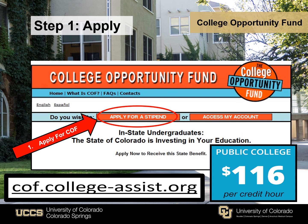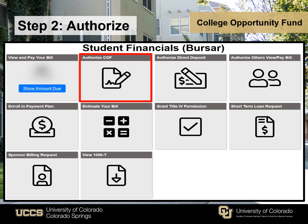In order to apply for COF, students have to go to the College Opportunity Fund website, and the URL is at the bottom of the screen. Just type in cof.college-assist.org, and to apply for COF, you just have to put in your student name, date of birth, and your social security number. Wait about 2 to 3 business days for your application to go through, then you're done with step 1. For step 2,